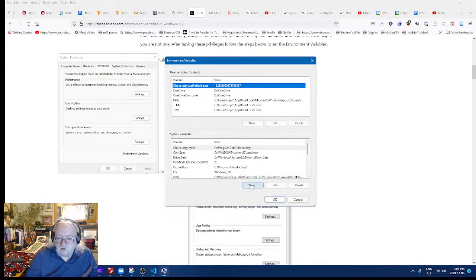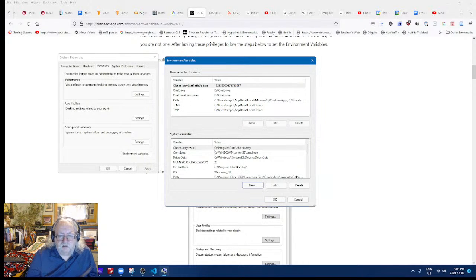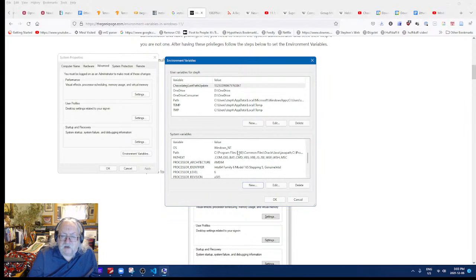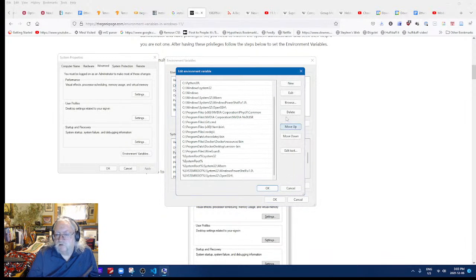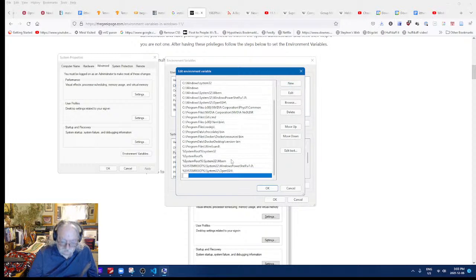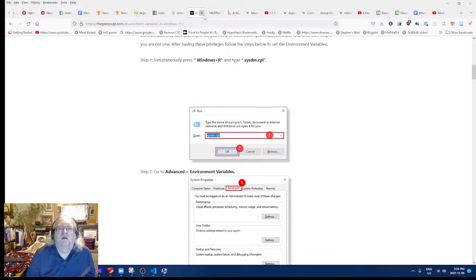System variables. Edit. No. New. Variable name. Oh, wait, cancel. Environment variables. Path. Edit. New. Into the path it goes. Okay. Okay. Close that.